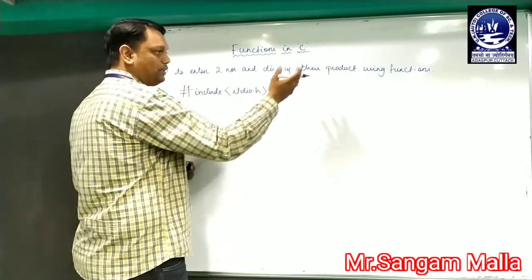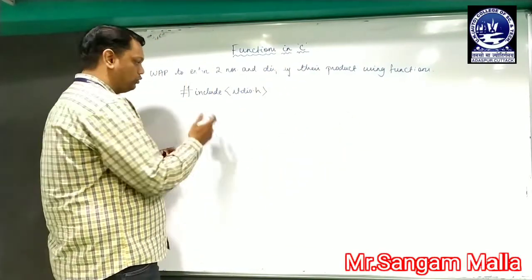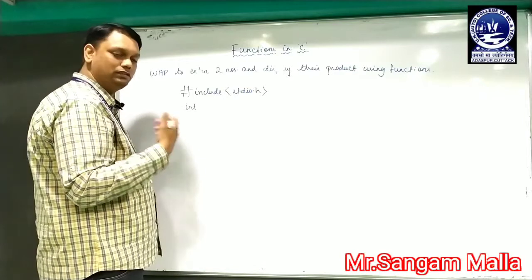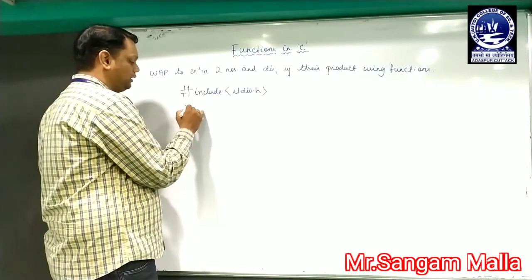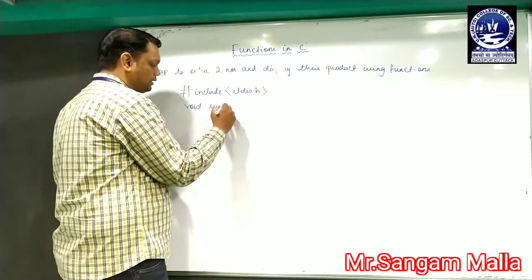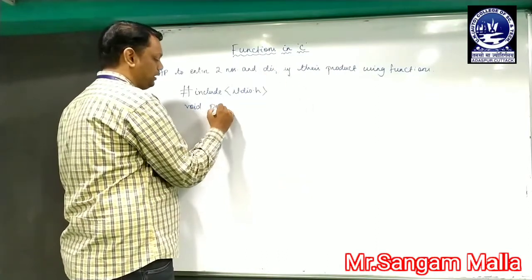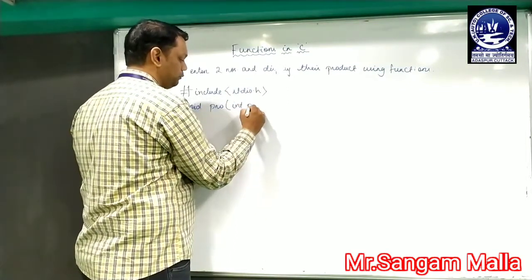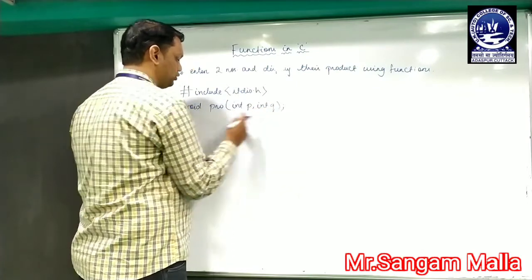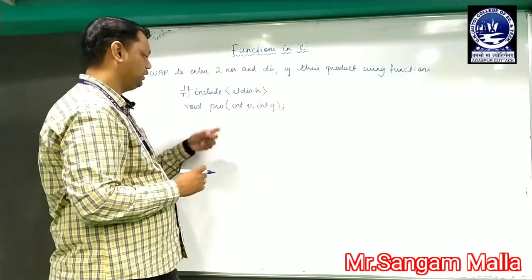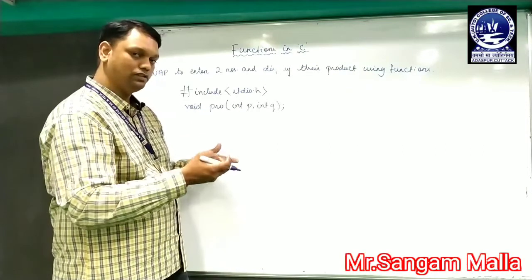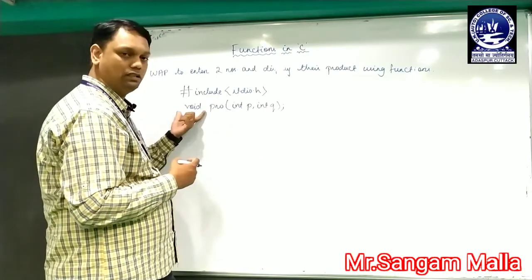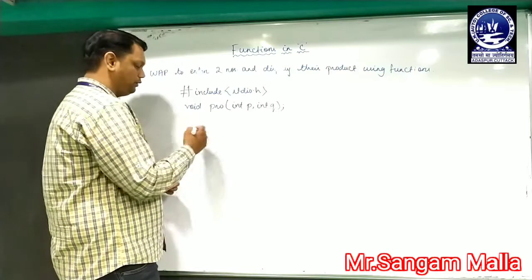Then as we know that in order to use a function we need to declare it. So let's say we are declaring int, or we can take void also, because as the function is not returning any value, we can take it as a void. So void, let's say we are taking product, so let's say I will take the pro function and I have to accept two values. So let's say I am taking int p, int q. So this is the declaration part of the function as we have discussed. So as we are dealing with the second category, that is function not returning any value, whenever a function is not returning any value, we can consider it as a void. Next we will be moving to the main function, that is void main.